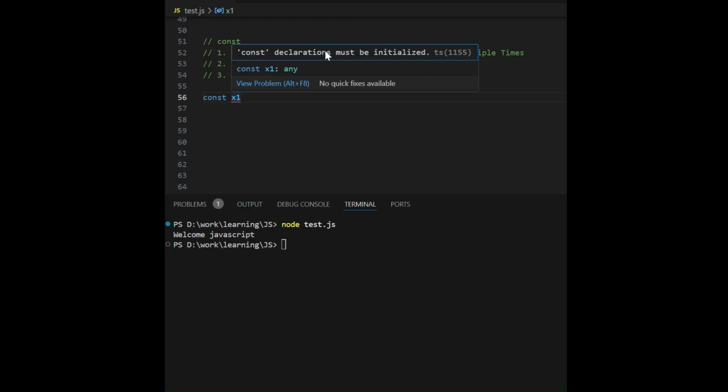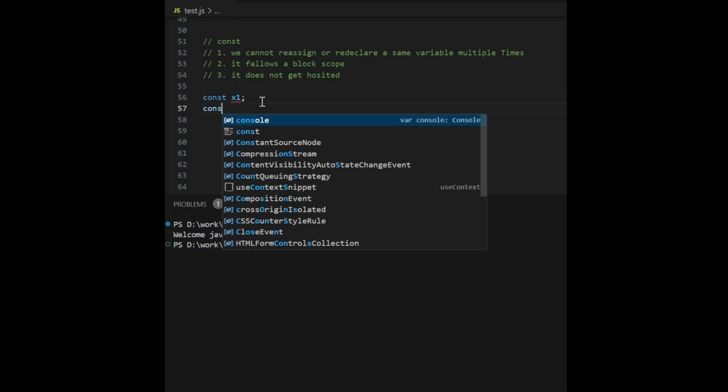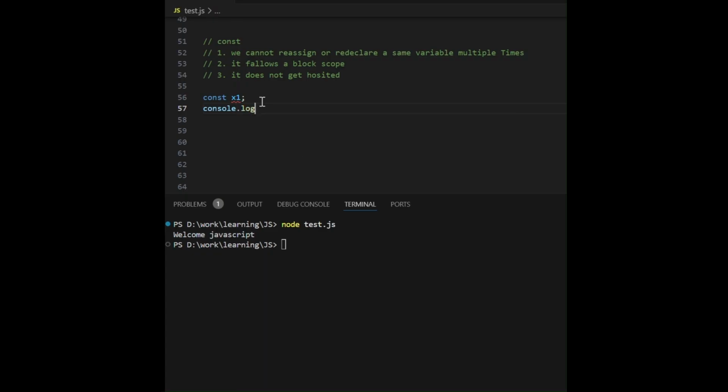You notice one more point here. With var and let, you are able to declare a variable without even initializing it. But with const, it is mandatory for you to assign a value to a variable. If you do not assign a value, it is going to throw an error. Let's see, if I just create a variable and console log it, what error we are going to get here.